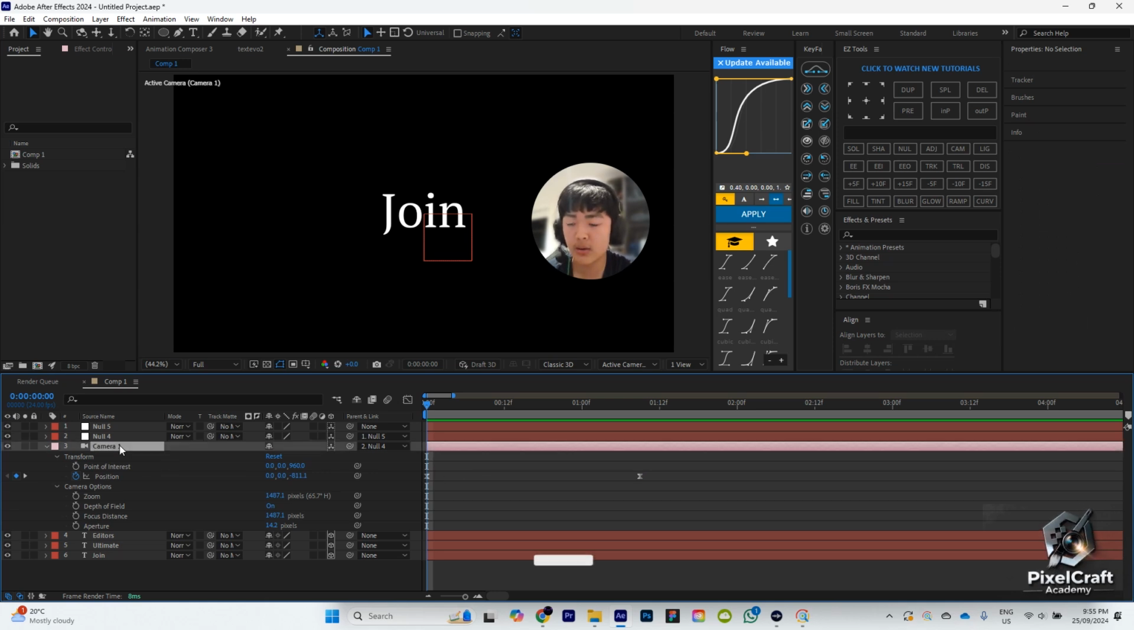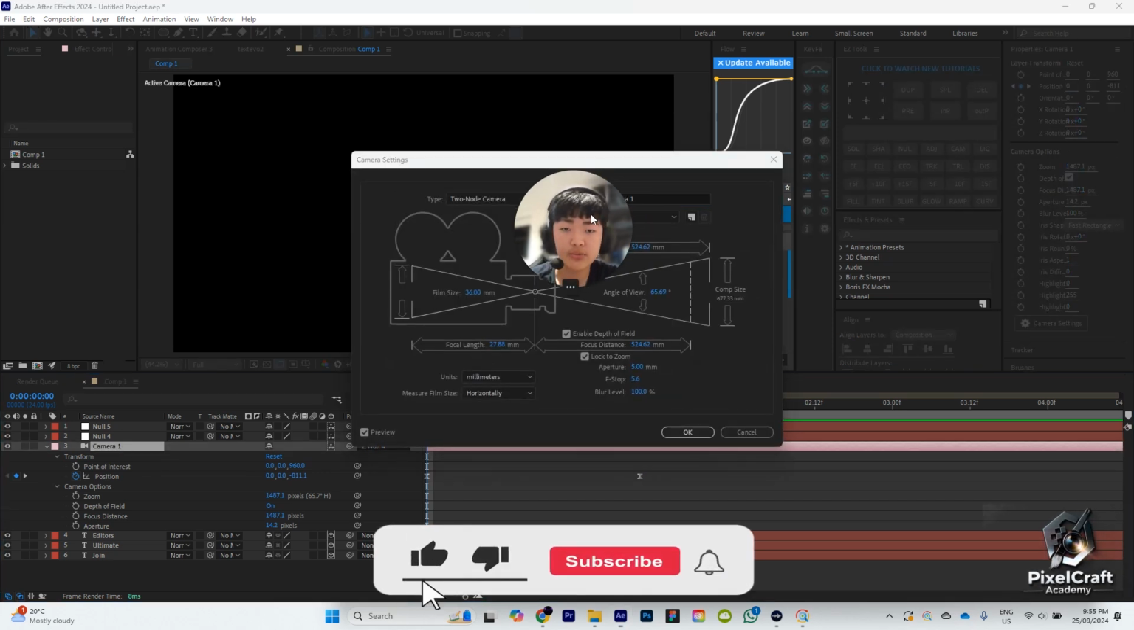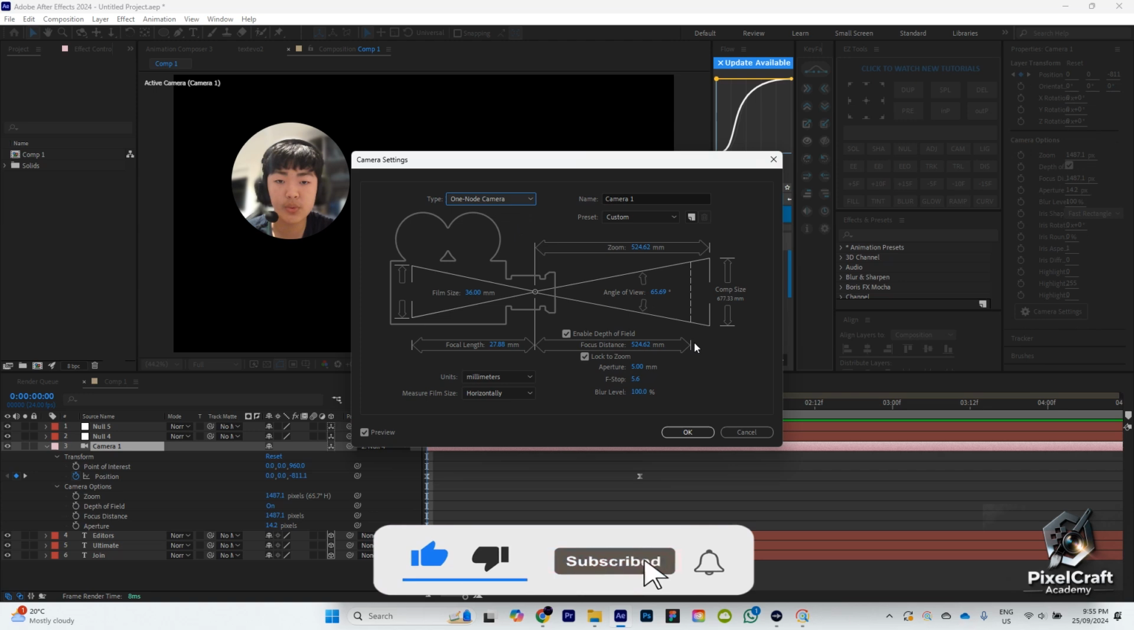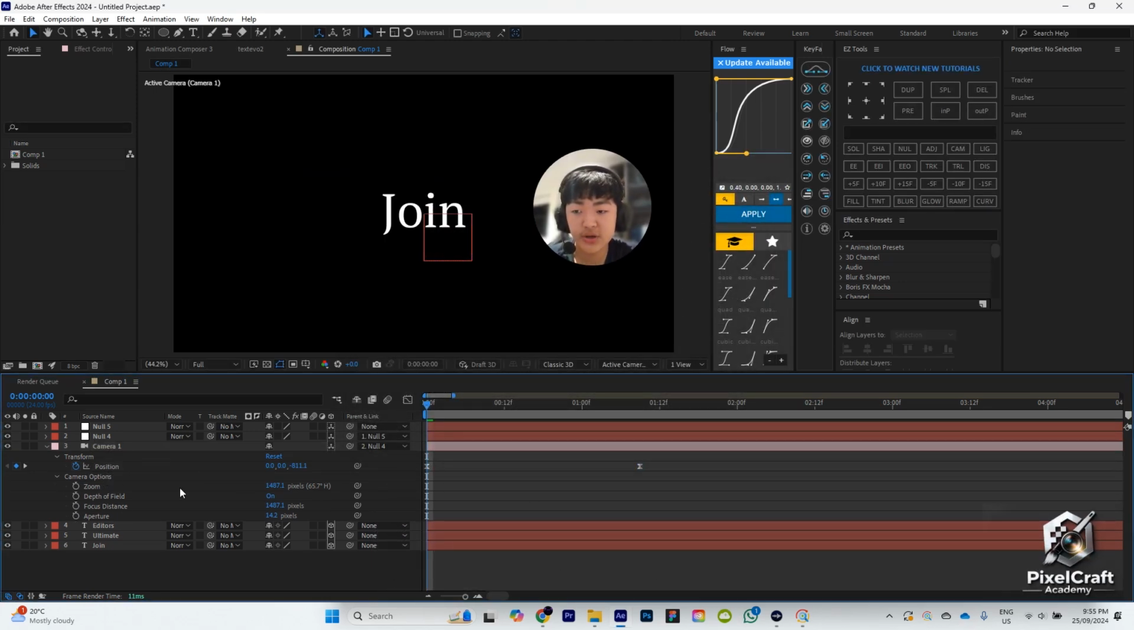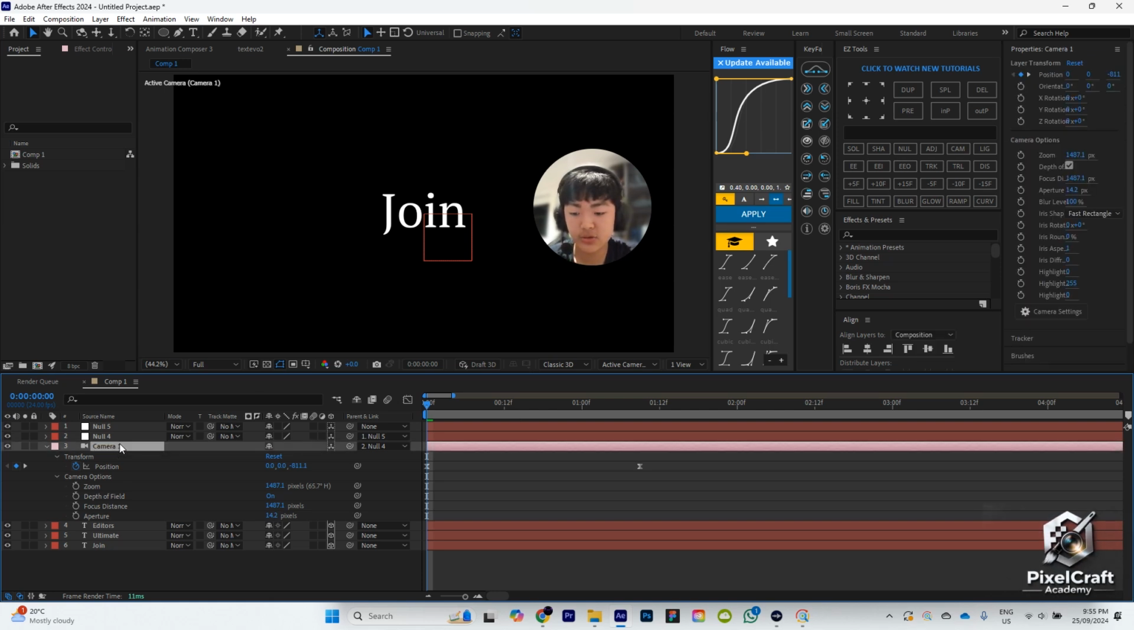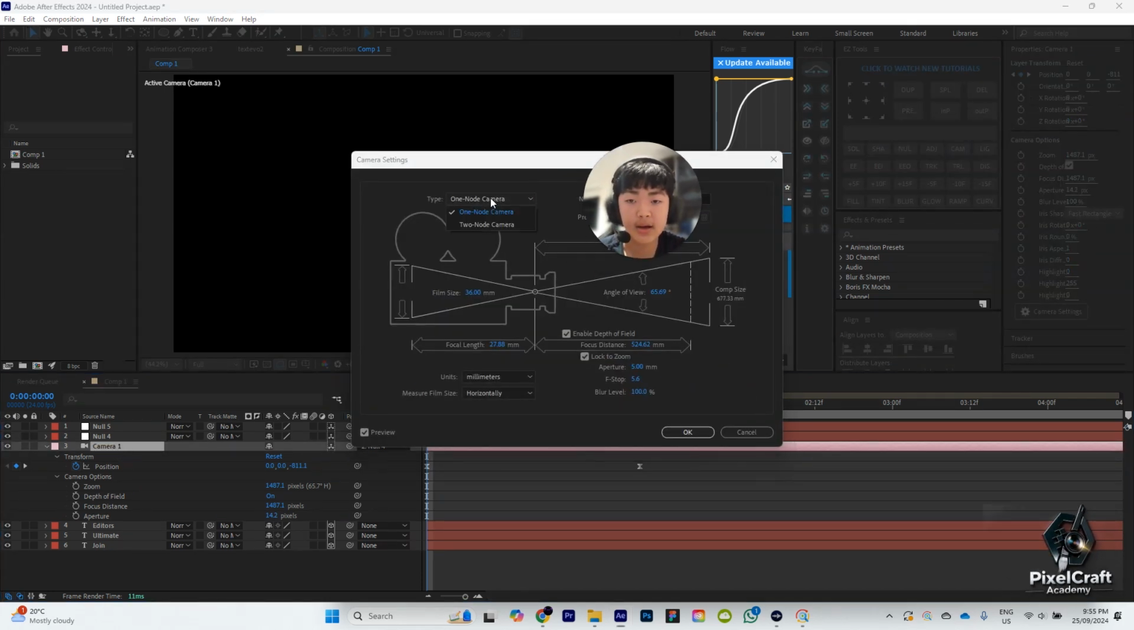And what would a one-node camera be in this case? So I'm just going to switch from two-node to one-node camera. And as you can see, I lost the point of interest node. Now I only have the position node. Now I'm going to switch it back to two-node camera, and I'm going to explain how to use it and